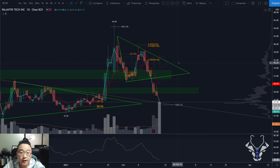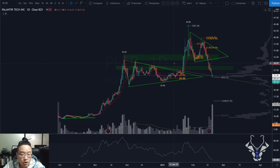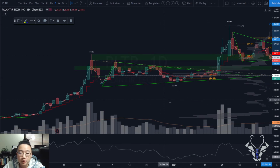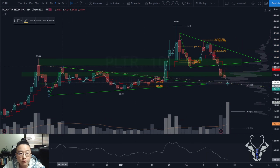Next, PLTR. All right, chart is looking very interesting now. I sent a message to the trading group today that this chart is looking very interesting, and I had picked up positions in this. We have now reached that 1-to-1 extension target from this A, B, C, depending on how you draw it. As you can see, there's a trend line from back here as well as a wedge. If you were to draw it from the repeat of the wedge,